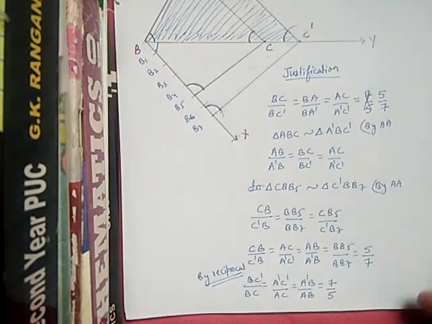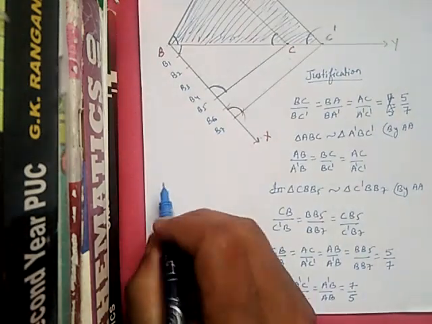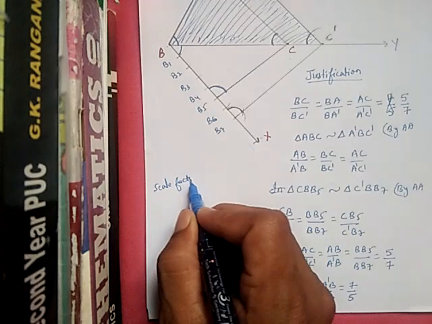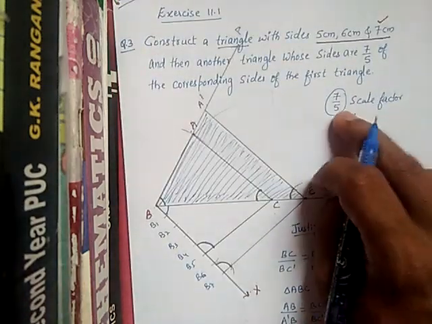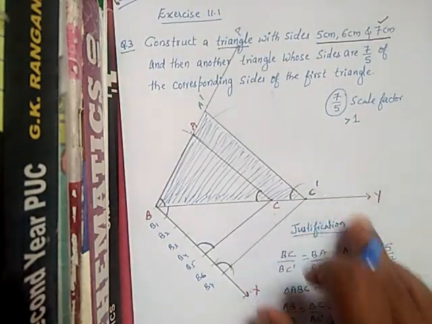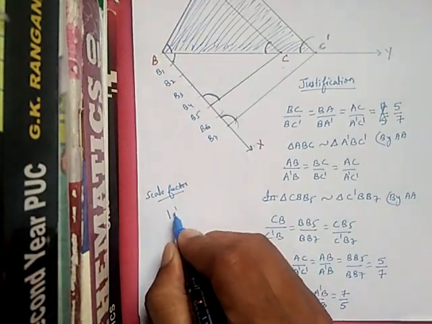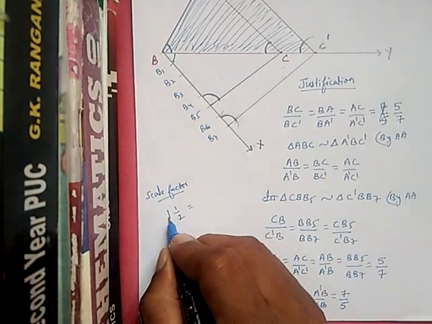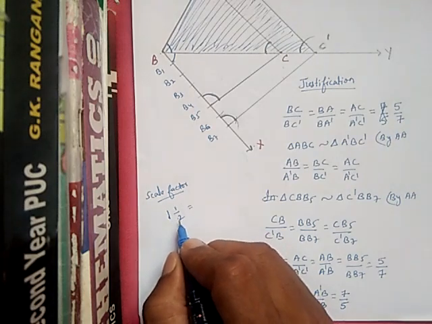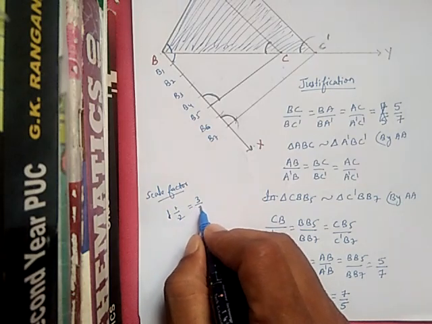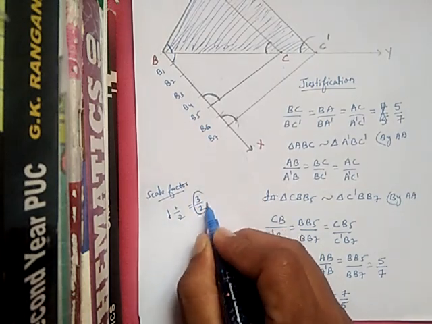So for any question you can do like this. And suppose if you got any scale factor like this for any other example, here the scale factor is directly given as 7 by 5 or 2 by 3, 3 by 2, whatever it is giving. So same thing, suppose this scale factor is given as 1 by 2, so this will be 2 into 1 is 2, 2 plus 1 is 3, so it will be 3 by 2. So the scale factor will be 3 by 2.